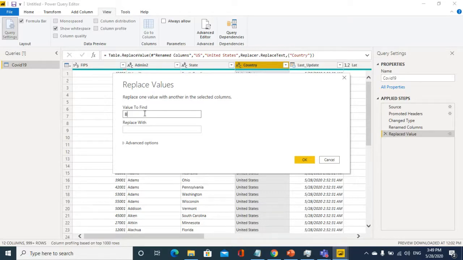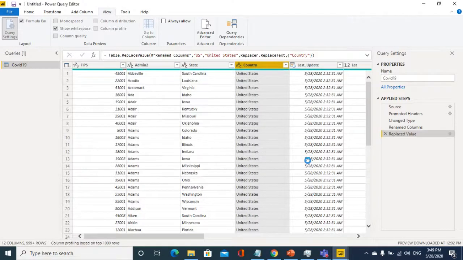Let me rename Burma to Myanmar. Okay, so let's save this dataset first, then we'll try the other dataset.